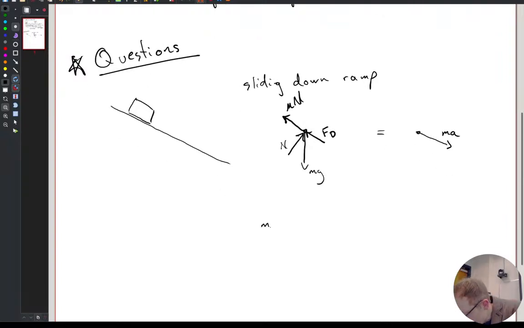So ma equals negative mu N. Well, we can say mu mg cosine theta, if this is theta. I know I used alpha last time, but